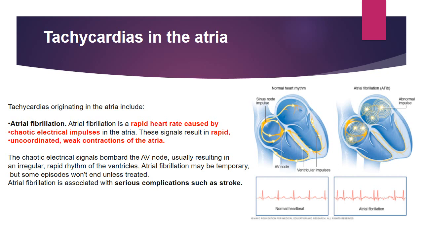Whereas in tachycardia which generates in the atrium, one such tachycardia is atrial fibrillation. Fibrillation means what? It is actually just quivering. The atria are not able to contract effectively, and what happens? A lot of impulses are generated, and the heart rate is going to be very, very fast. It is not in a coordinated manner, and the atrium is not effectively contracting. There are very weak contractions, and basically you see that it is just trembling or quivering. There are no absolute contractions happening.